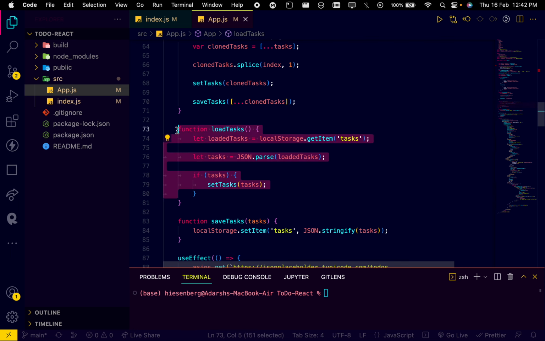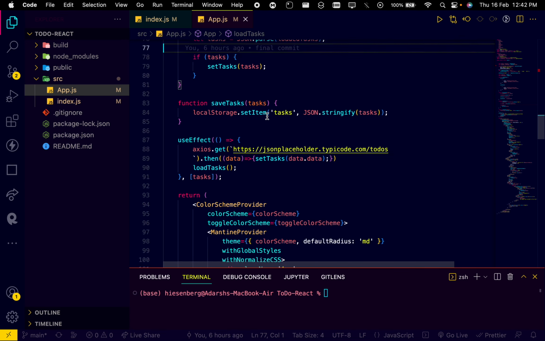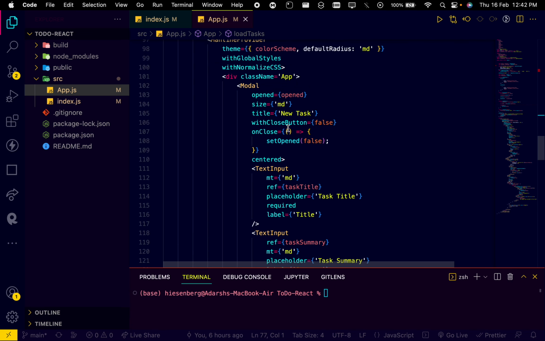Then the load task function also works. When the task is added, the load task function automatically runs to render all the task data that is present in my task state. So yeah, this is simply the code, and this is the HTML CSS part where I have used